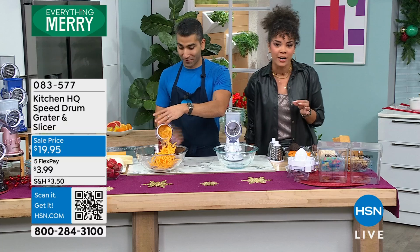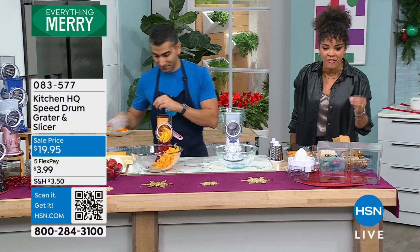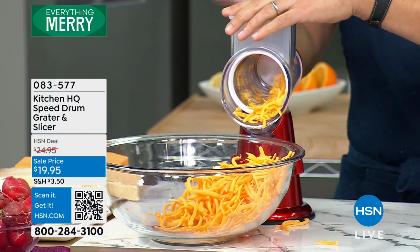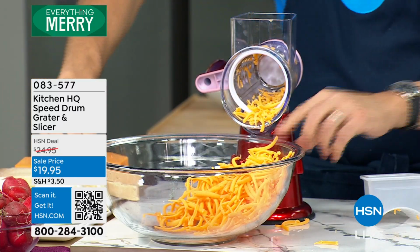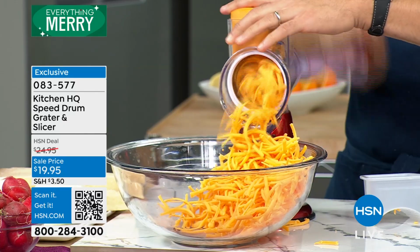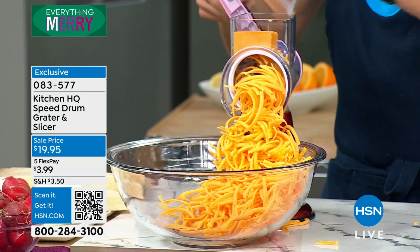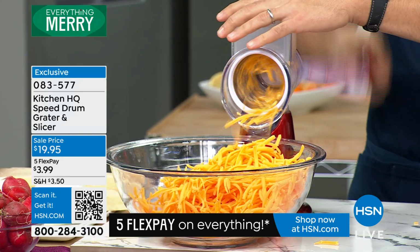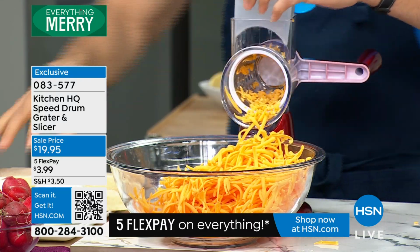The Speed Grater is gonna be your sous chef in the kitchen. This is one of our top-selling kitchen items here at HSN. It's from Kitchen HQ, which is our proprietary kitchen brand, so that's how we're able to give you amazing pricing. It's a sale price of $19.95, but you're gonna slice, you're gonna grate, you're gonna get precision with this, and you're gonna save a lot